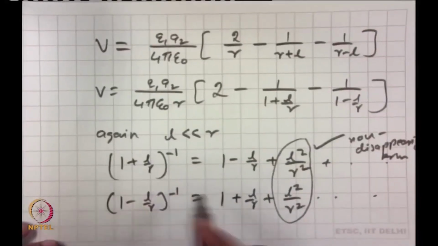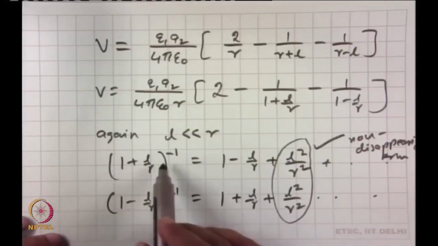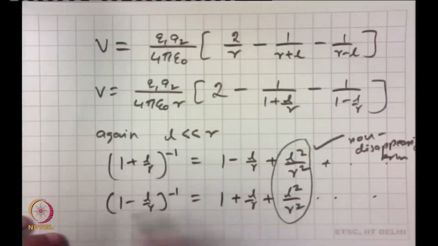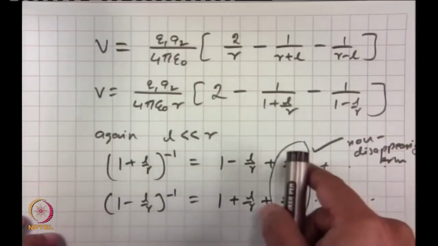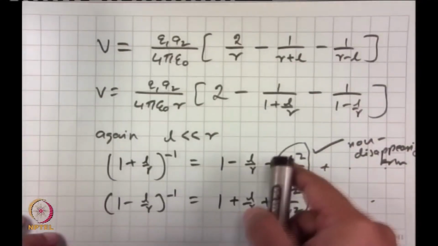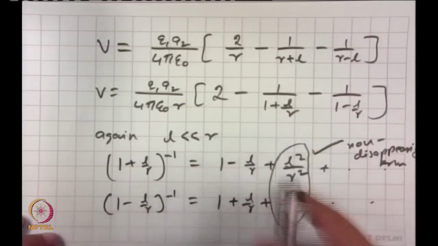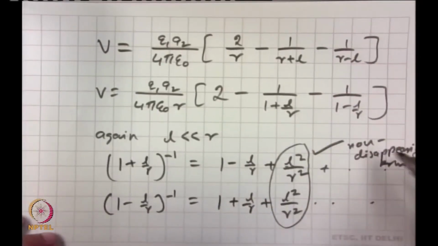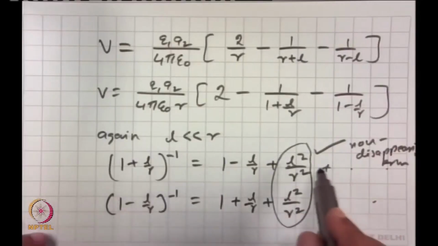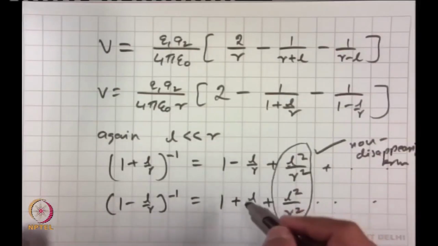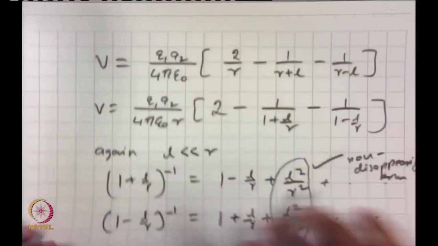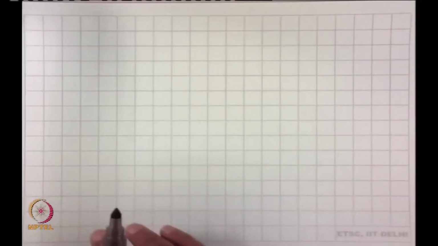As we are seeing here, 1 plus L by r minus 1 gives you 1 minus L by r plus L square by r square. As we were discussing last time, when we did it between a charge and a dipole, we did not go to this third term, we just stopped at the second term, which is L by r. But here, as you will see, it is a non disappearing term of the respective expansion. We need it, because L by r and L by r would actually cancel out, and hence we will need this term. So, writing this one again,